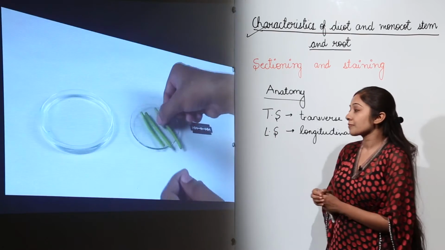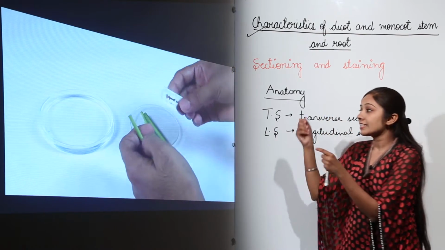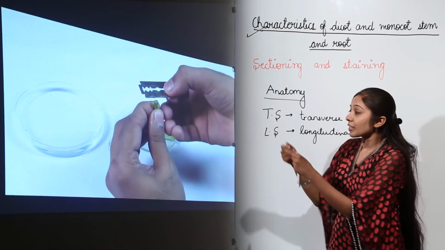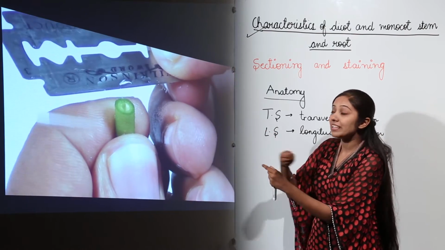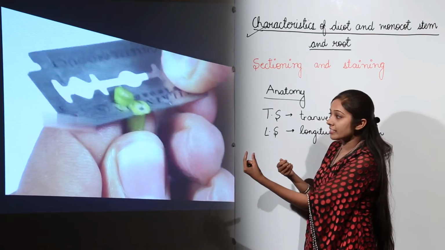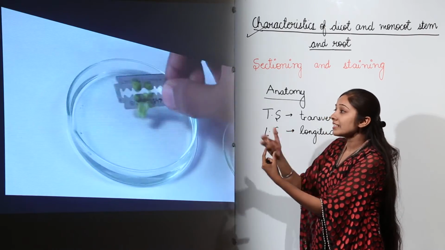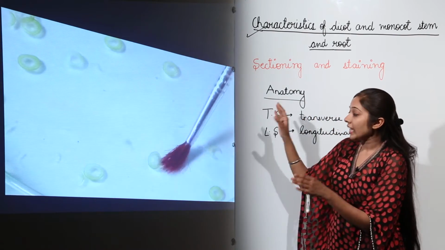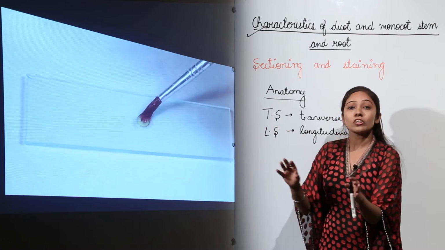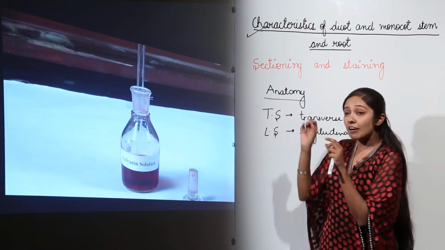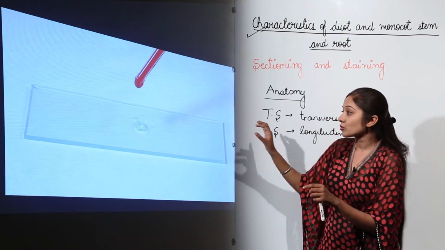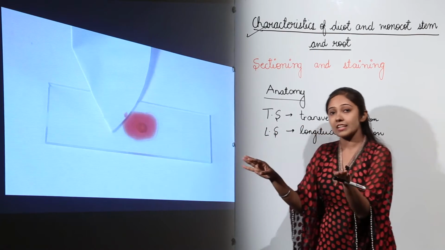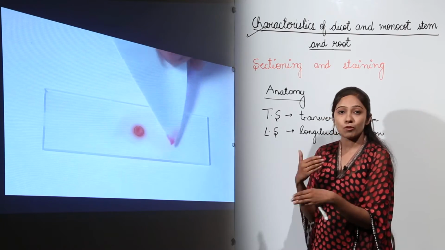What is the procedure for this? You are going to take this freshly plucked material, take a blade in your other hand, and you are going to make a very thin section. Please clean the blade in water first. You see how this section is being cut. You are going to hold this in your hand and cut very thin sections, as many sections as you can, so that you can have one of the sections which is very accurate and very clear. With the help of a brush, take this section out and put it on a glass slide like this, as you see here. After this, you are going to put the safranin solution which is going to stain this section. After putting this solution, you can also give a standstill time of a few seconds and remove the extra stain with the help of a filter paper.